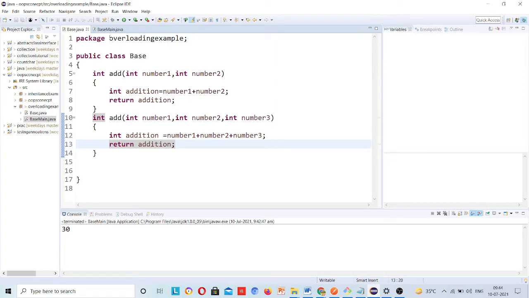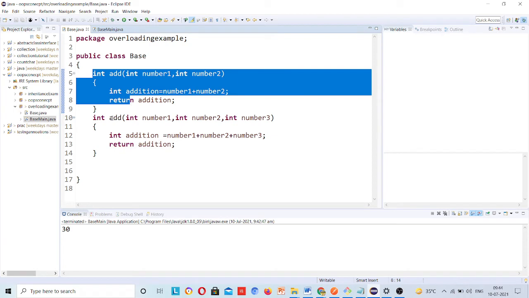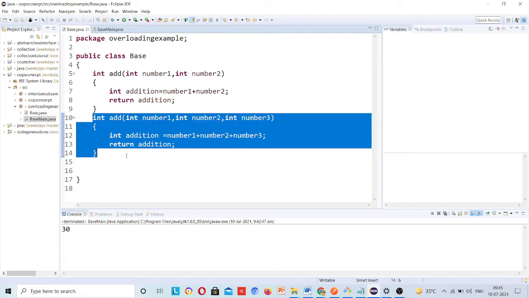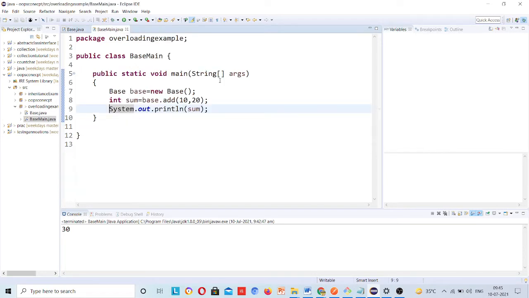Now you can see there is a method which has two arguments, and this method has three arguments, and all are integers. Now if I pass here 10, 20 and 30, which method will be called?